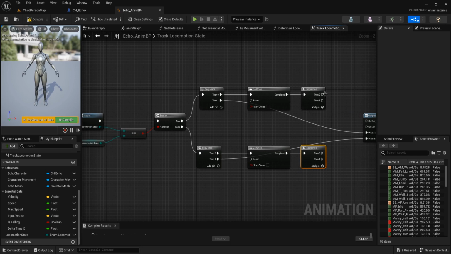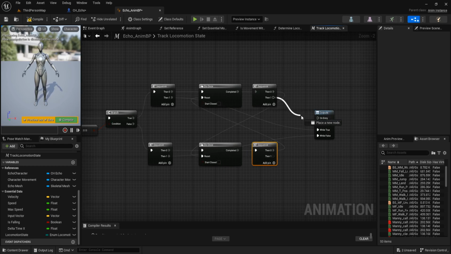And if it's true, we reset this do one. And if it's false, we reset this do one. And the result, when it's true, it calls on entry, and when it's false, on exit.